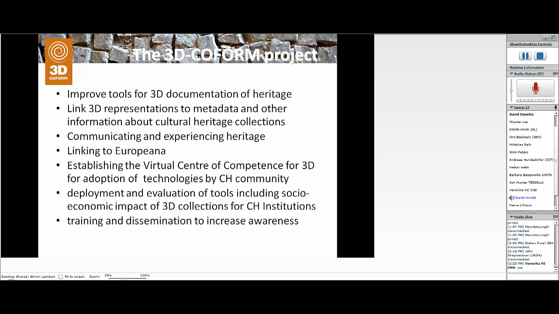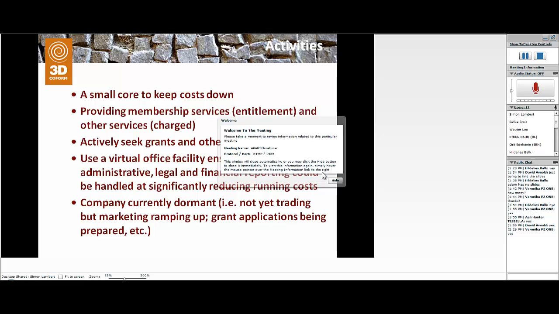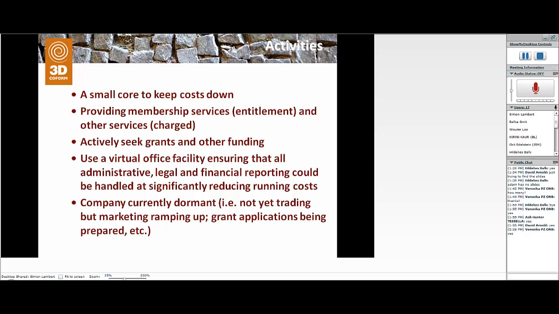Deployment and evaluation of tools, including socioeconomic impact, was an area of activity both for research in terms of developing the tools for doing this, and it needs the buy-in of the organisations that the partners work for in order to get that time